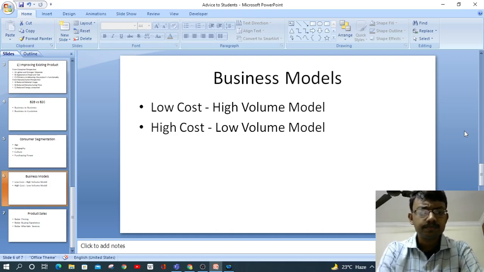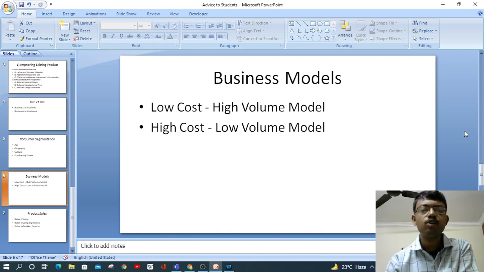So they focused on low cost and high volume, and they opened various outlets.